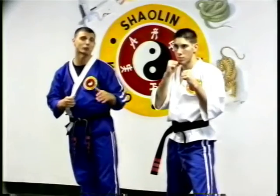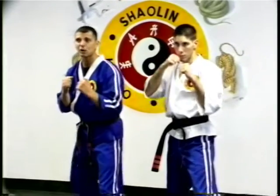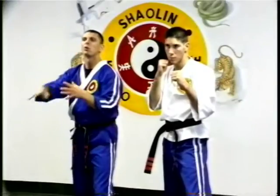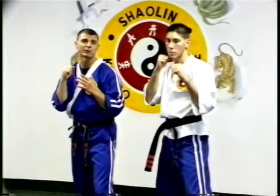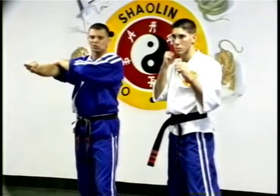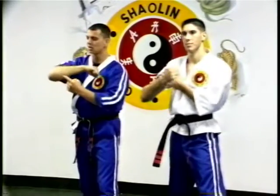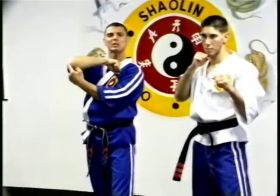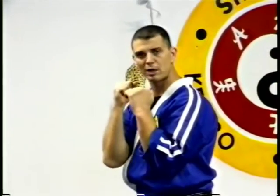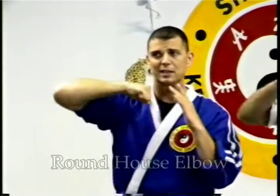Last strike that we need is our roundhouse elbow. Now, the roundhouse elbow is definitely an in-close technique, very dangerous, very strong, very powerful. We're going to start almost like our hook punch before, but now we're going to use our right arm as opposed to our left. And what I want you to do is, let's just curl our sleeves back a little bit so everyone can see. I want you using not the point of the elbow, but right in front of the elbow to actually strike with. So what I want you to do is when that person's close, start to turn your body and extend